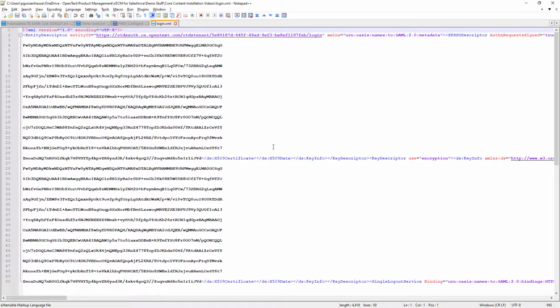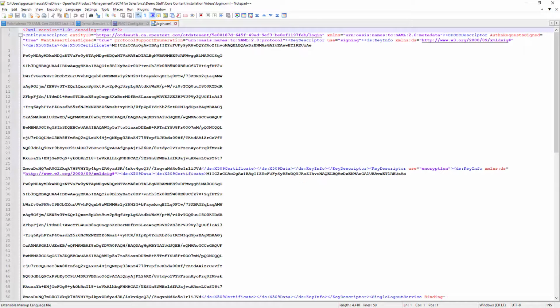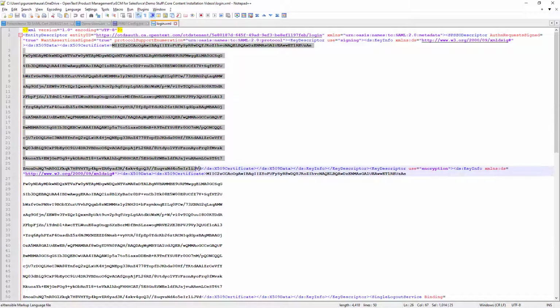Okay, let's go get this. So let's just do this here real quick, easier than to read. There we go, that's our key descriptor signing, and that's our certificate, what we need between those two tags. So we're going to copy this,